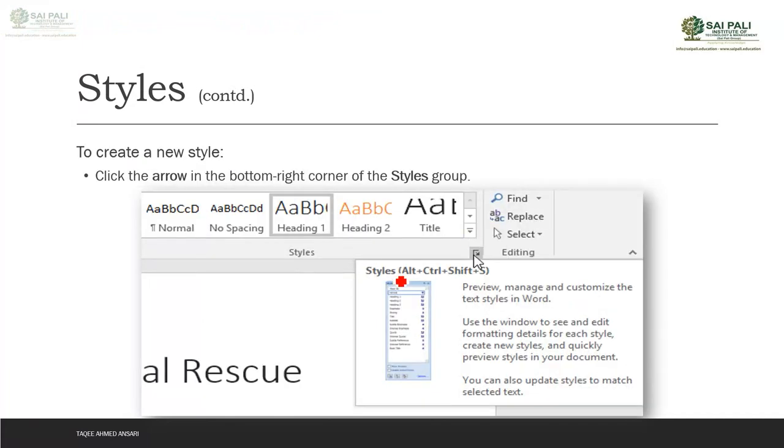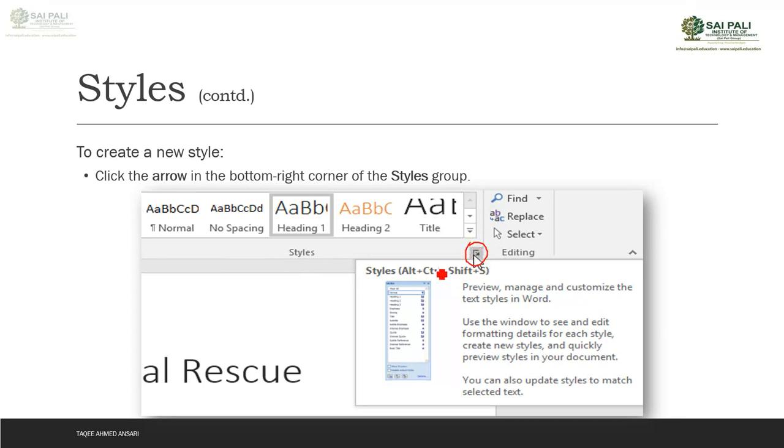After that, you can also create your own styles. That means if you want to create your own, you can create one with your own name, and then you can make your configuration, like what type of text you want, what size, what color and so on. And then you can save it with your custom settings. So if you want to create your own style, click the arrow from here in the group.